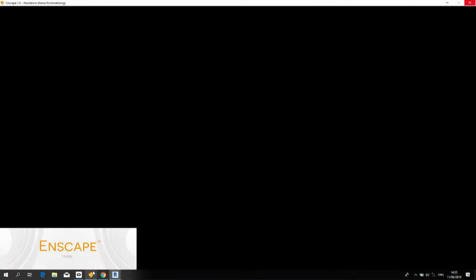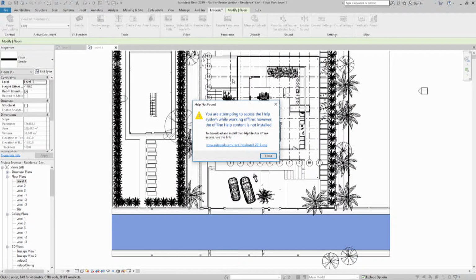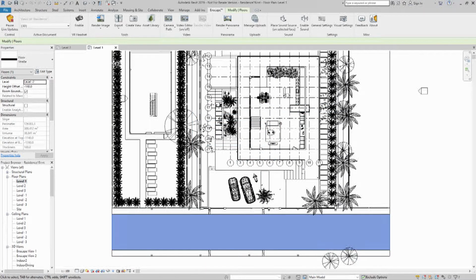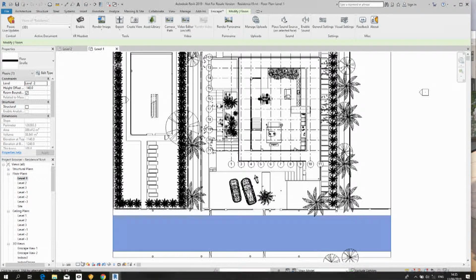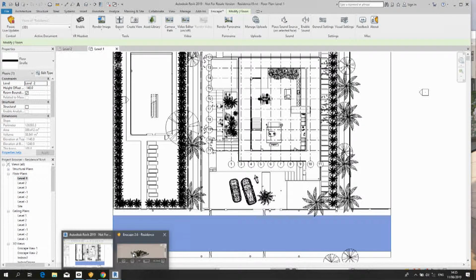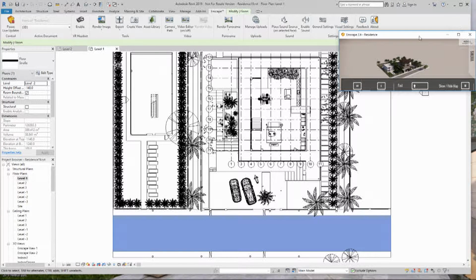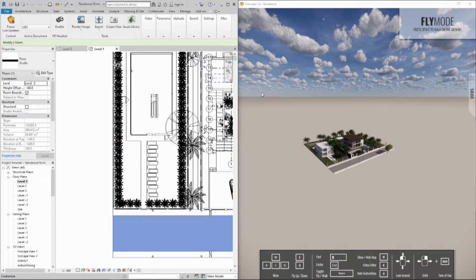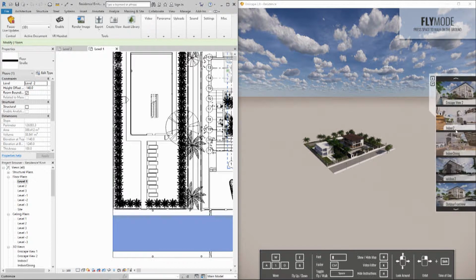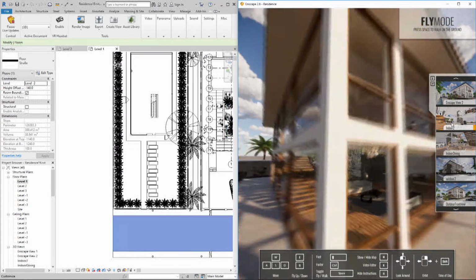Oh, this is something I wanted to show later. But Revit wants to help me. And we're good. Well, maybe I should work on the process of this, but this is something that you could then show your client.